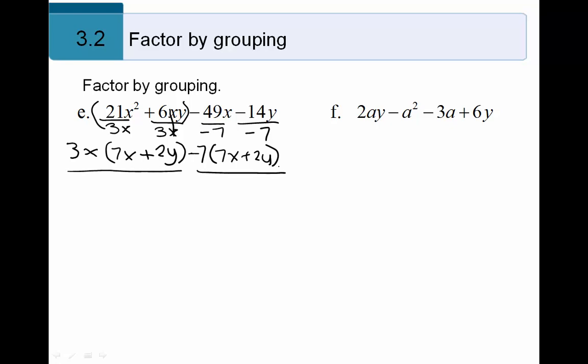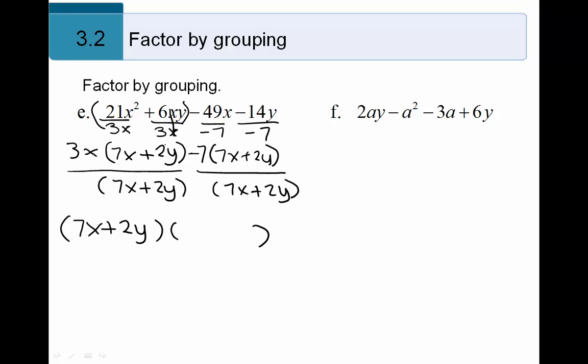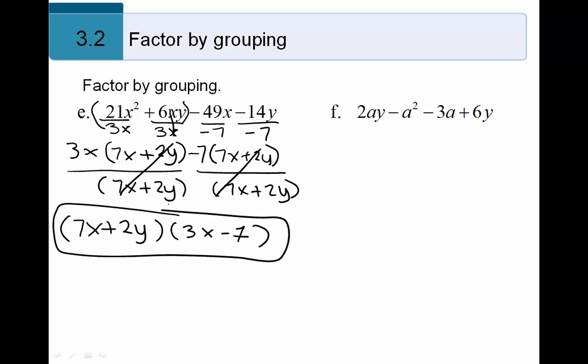Factor out your common binomial factor, 7x plus 2y, times, divide each of these by 7x plus 2y because we factored out the GCF, undoing multiplication. Our missing factor is 3x minus 7, or the other way around. And our final problem in this section that we'll do together,